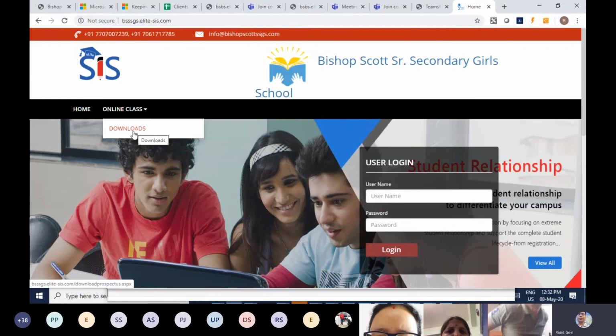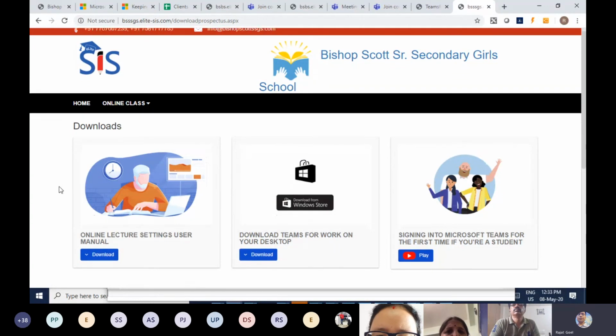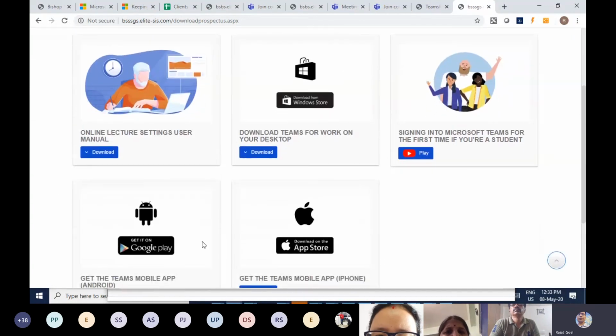This helps the school faculties and administration communicate with the parents or the students that they need to go to the portal and just click on online classes downloads. While clicking on this download, sir, they have some of the items like this. You can see on my screen. Here, the students can download a small manual, which states how... let me download this for you also.